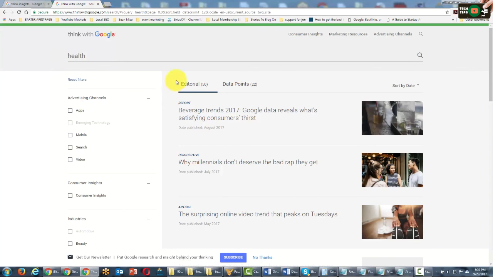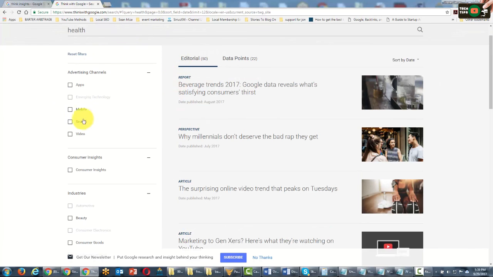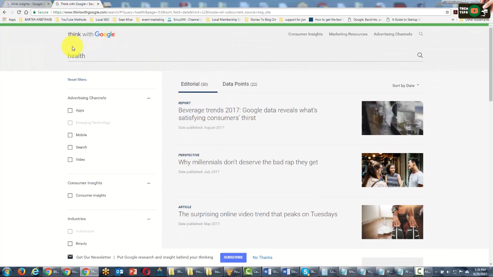And what we'll start to see is that there is insight on broader terms when it comes to marketing from Google's perspective. Think with Google is divided into three basic areas: consumer insights, marketing research, and advertising channels. So if you want to understand your search term from a marketing perspective, you'll want to go to Think with Google and place it inside of the parameters. And if you don't find it, continue to broaden the term until you find the basic structure of where